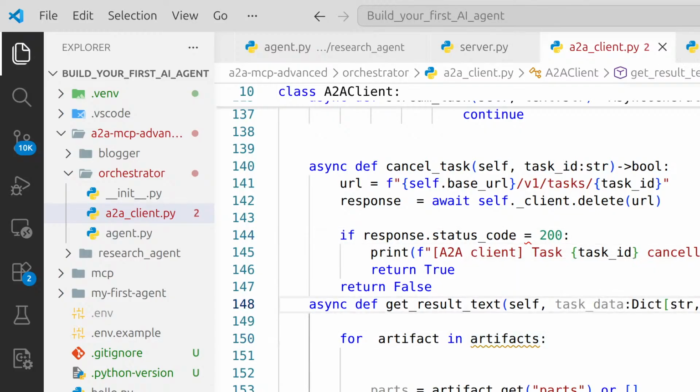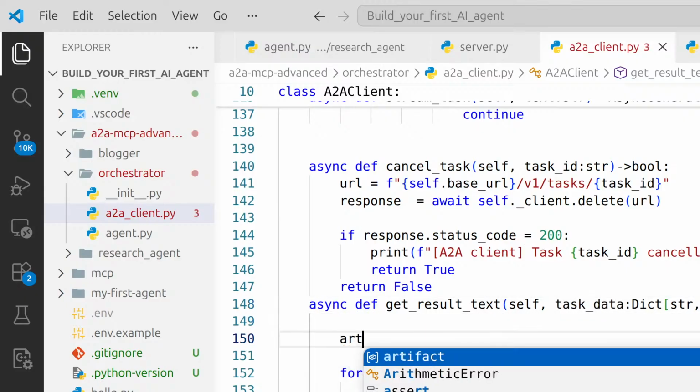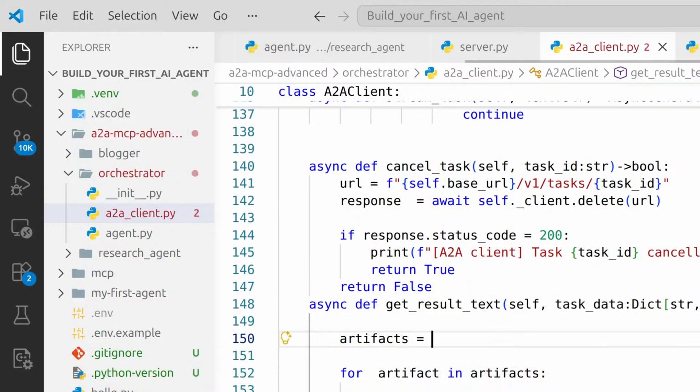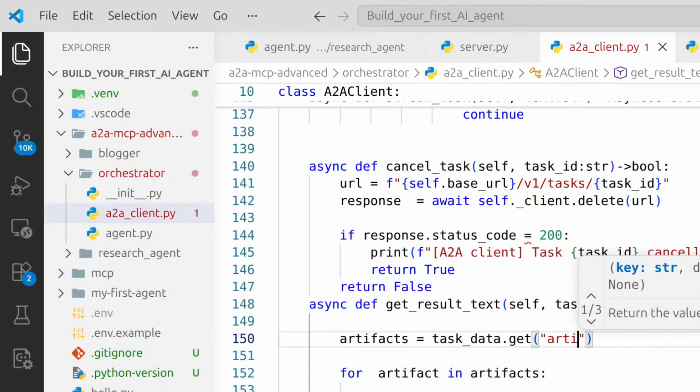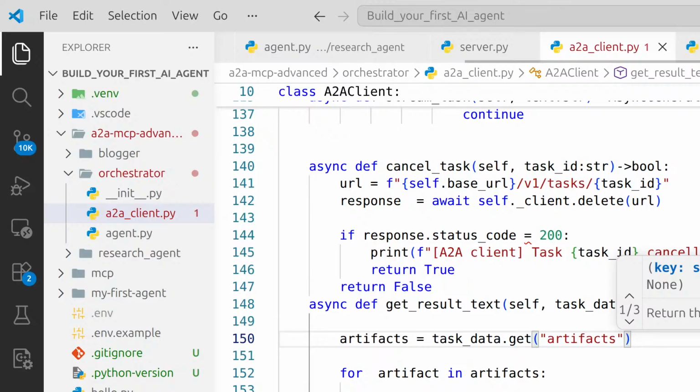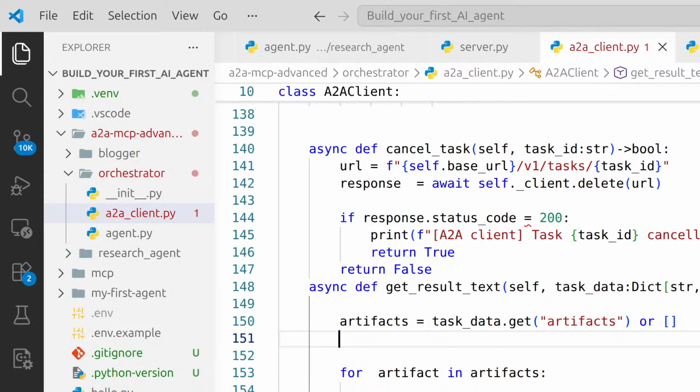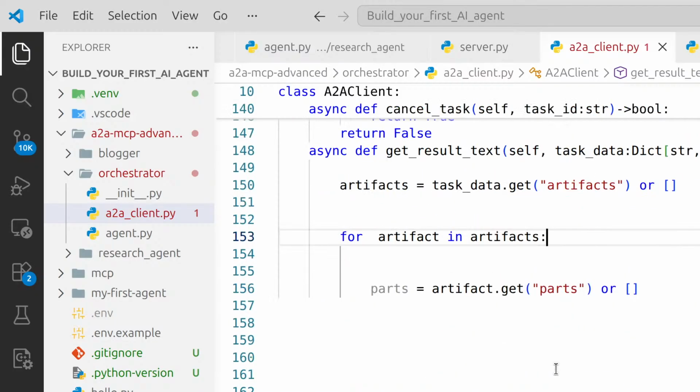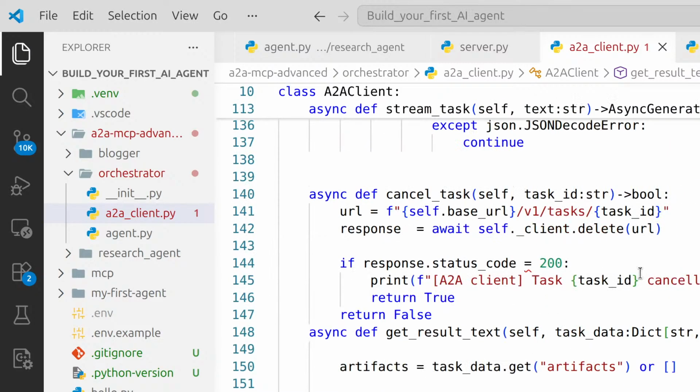Before anything, we will get this: artifacts is equal to task data dot get artifacts, or empty. Alright. After this we will have this for artifact in artifacts, then parts,